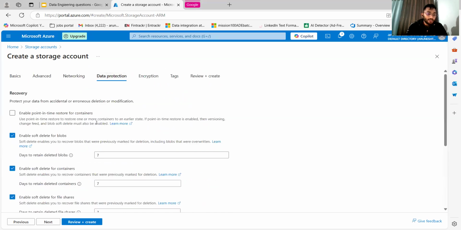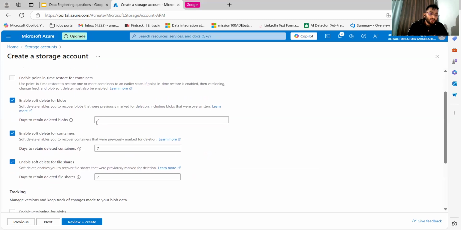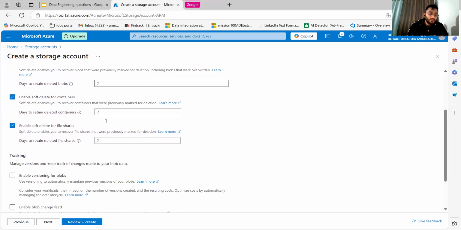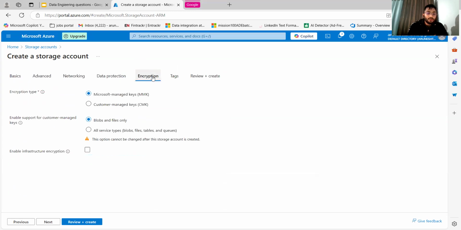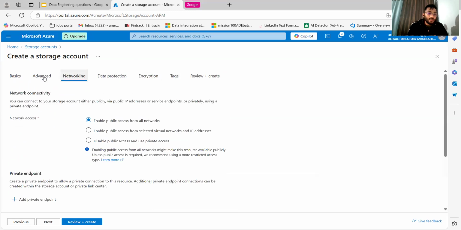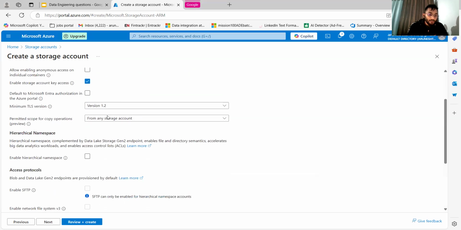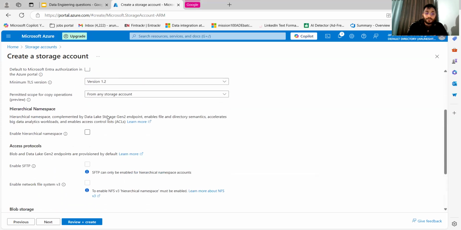Let's go to data protection. Okay, here we have the option of soft delete also. Let it be for now. Let's choose the encryption. Okay, encryption we also do not need. Let's go to advanced. And here is one option in advanced as well that we had forgotten, which was